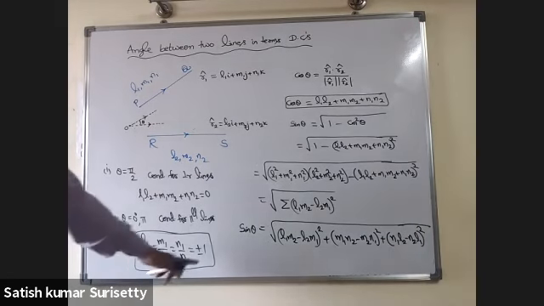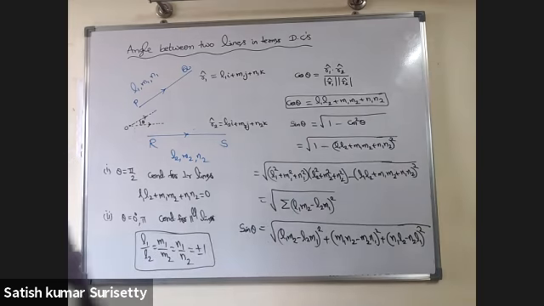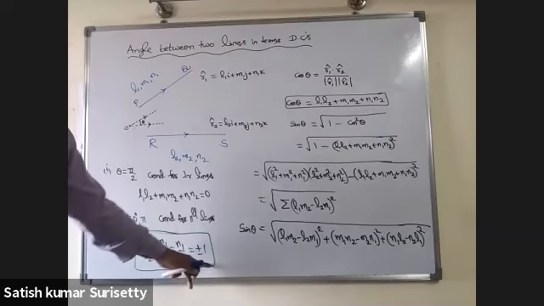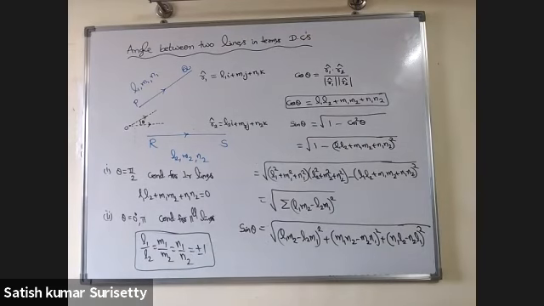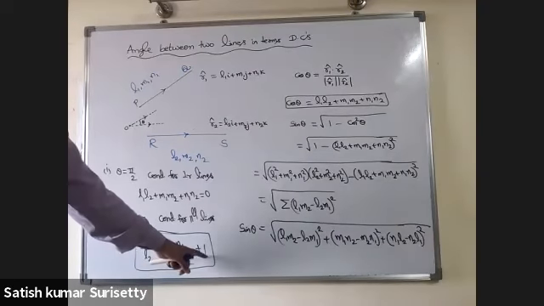Take it as equal to t, cross multiply and square it and add. Then you will get the t value as plus or minus 1. That means in terms of direction cosines, if the lines are perpendicular, the sum of the products is 0. If the lines are parallel, then either they must be equal correspondingly or opposite in sign. Either L1 equal to L2 or L1 equal to minus L2. M1 equal to M2 or M1 equal to minus M2.